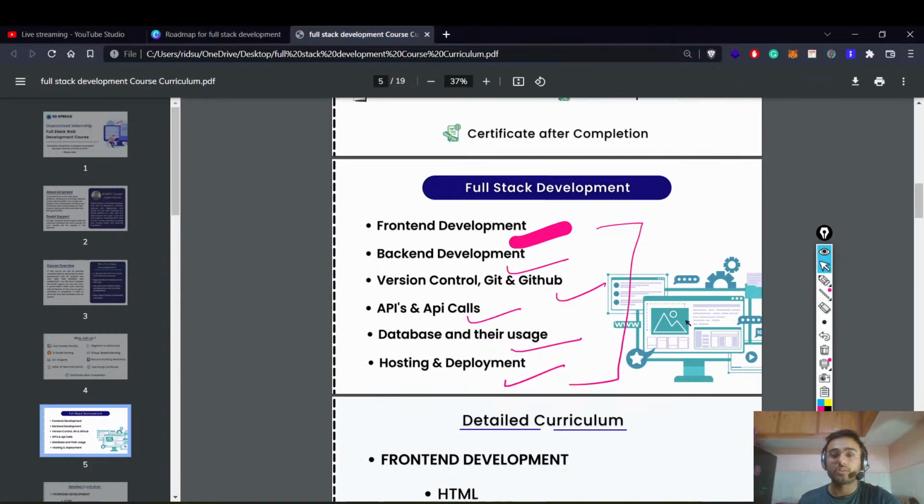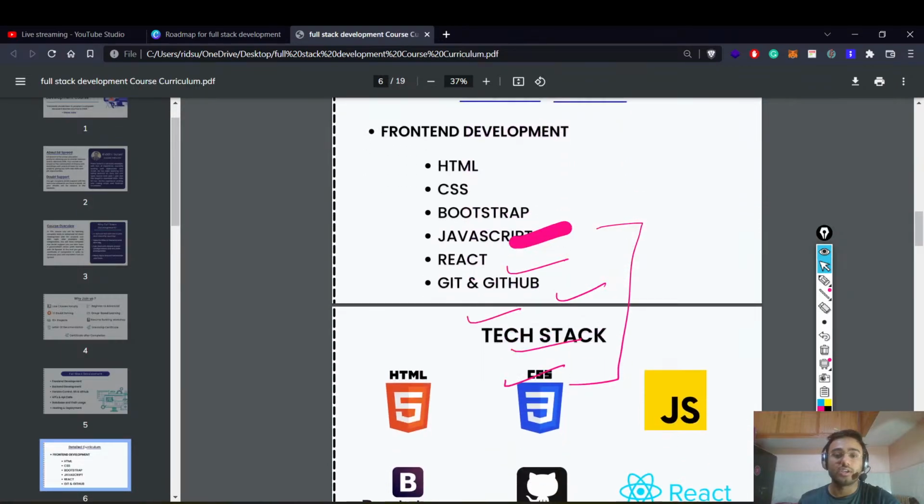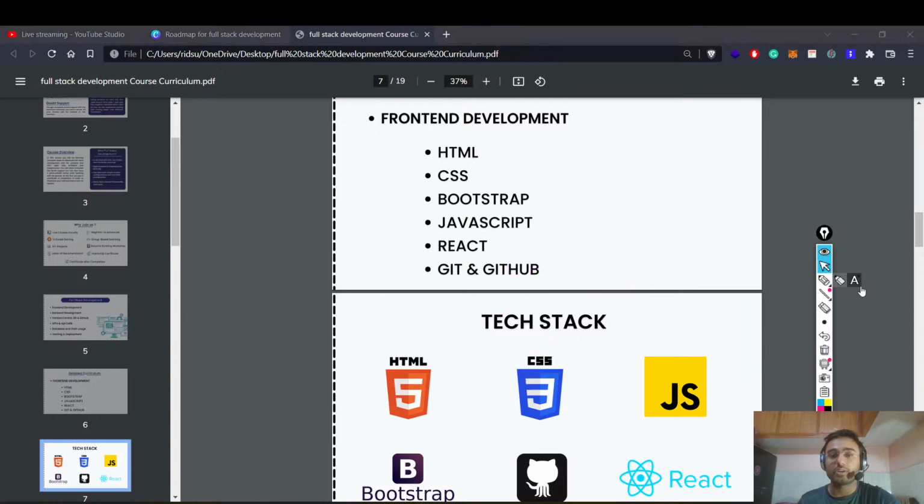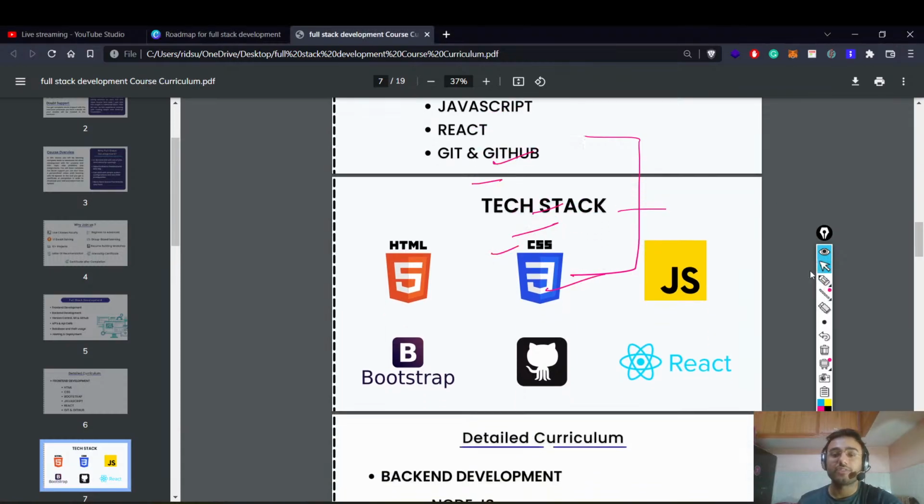So after going through these things, you can see that in the front end, these are the basic things that will be covered in the course. That will be HTML, CSS, Bootstrap, JavaScript, React, Git, and GitHub, right? So we will cover each of them in a very extensive manner. We will make projects out of it. We will have a healthy discussion with all of these topics. And similarly, if we look into the